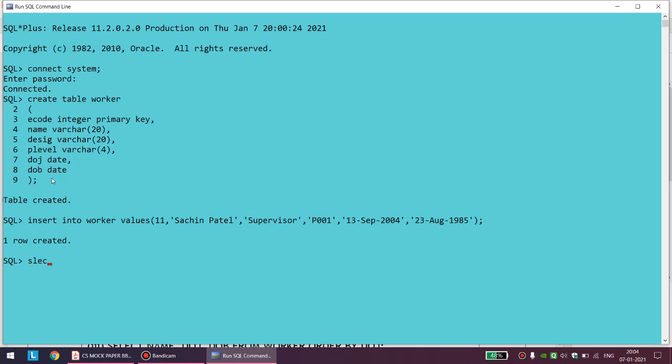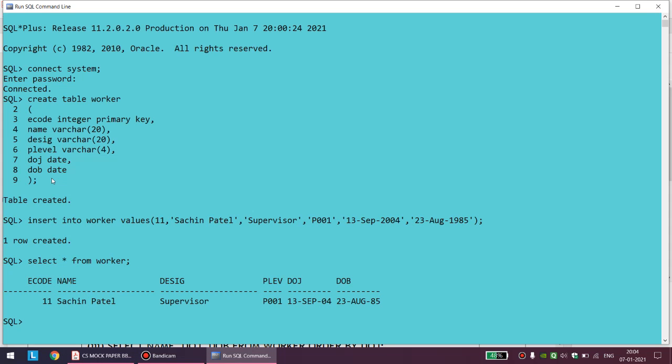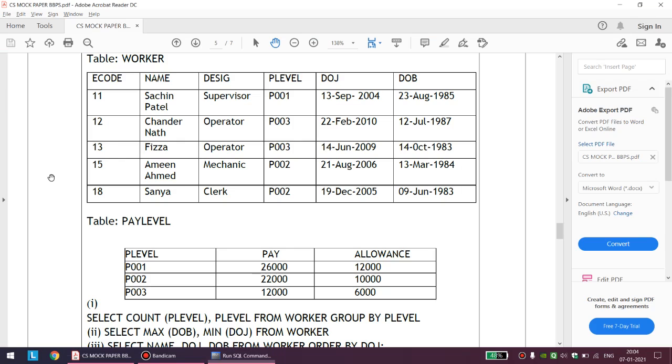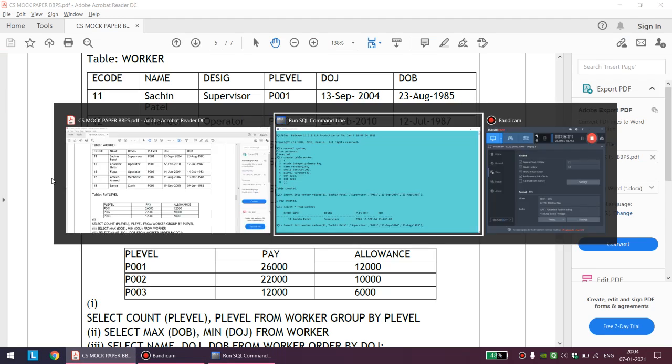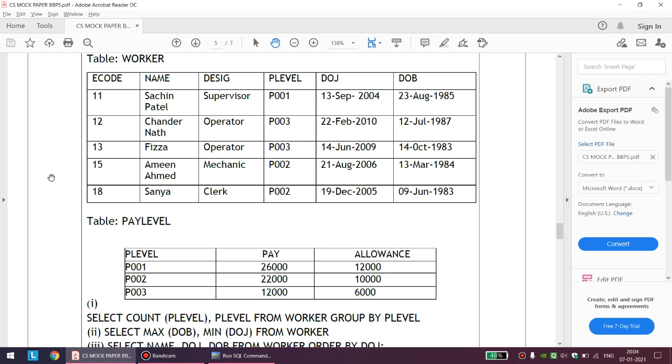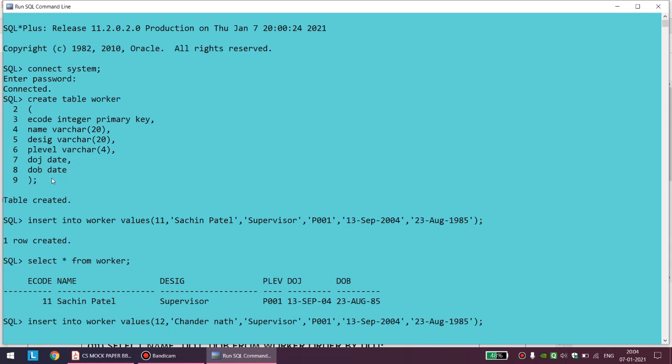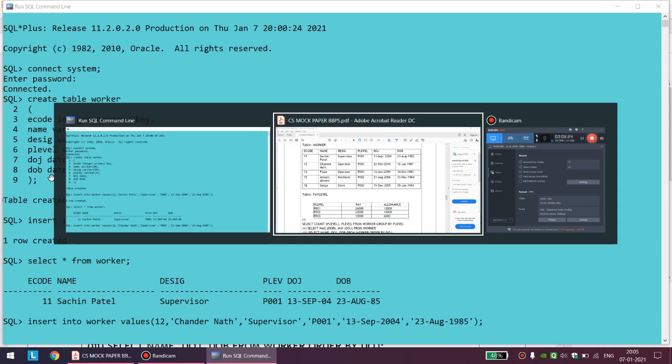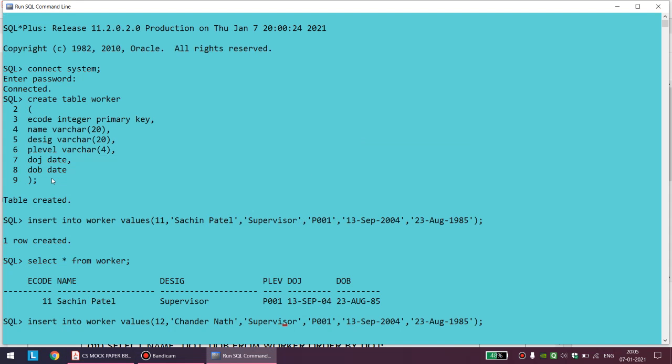Okay, so select star from table name, and I think the date is coming perfect. Fine. Now I will insert more records. 12, just we can use the same thing, but of course when you are writing the theory paper, inserting actually, you will not be told to insert so many records. You will maybe be asked to insert a single record only. That is, I think, understandable. That much you can do.